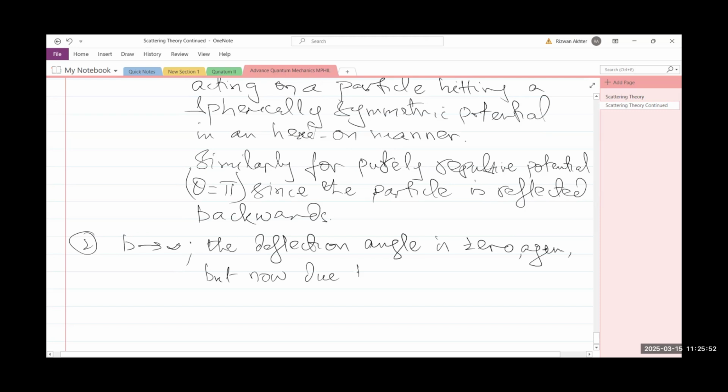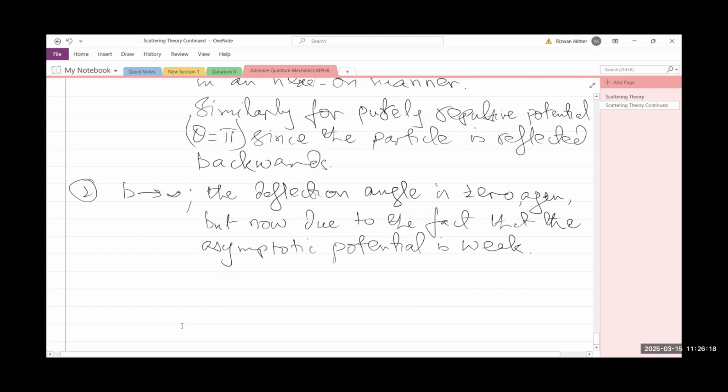Due to the fact that the asymptotic potential is weak. However,